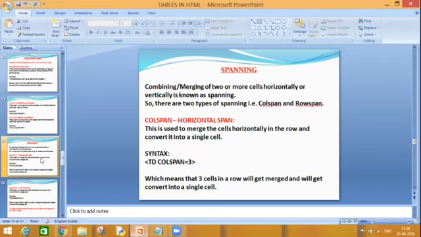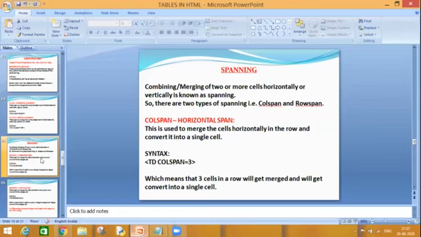Try to understand the meaning of this colspan. Colspan, spanning the columns. And a row is a collection of different columns. Try to correlate these two things together. A row is a collection of columns, and if I span two or more columns together and convert it into a single cell, it will be known as colspan.